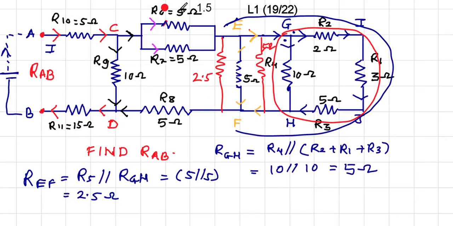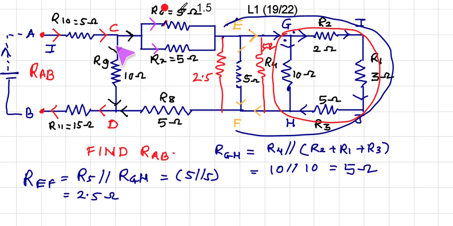that is 2.5. But look at this point, whatever current is entering here, some part goes this side and some part to this side. So here these two resistors are parallel and here the resistance is in series. So this current is flowing through this and this. So this combination plus this, these are in series. So here it is 5 parallel to 5, that we know is 2.5, plus this 2.5 plus this 5. So if you look at these three, the total resistance in the series is 2.5 plus 2.5 plus 5, that is equal to 10 ohm.